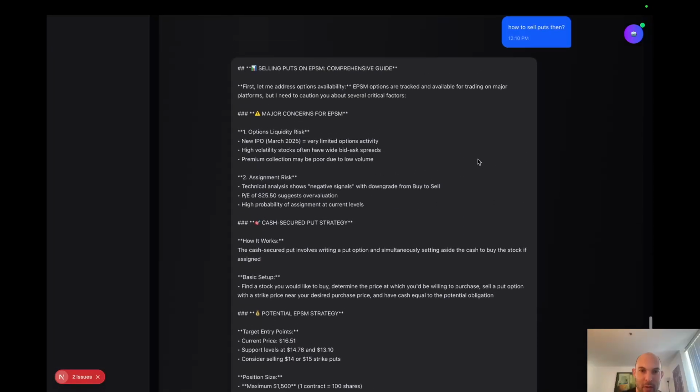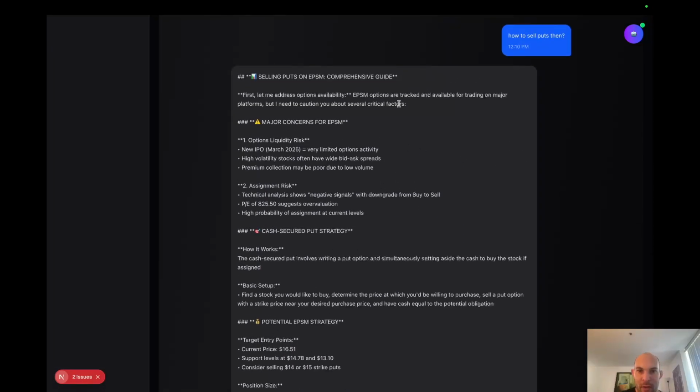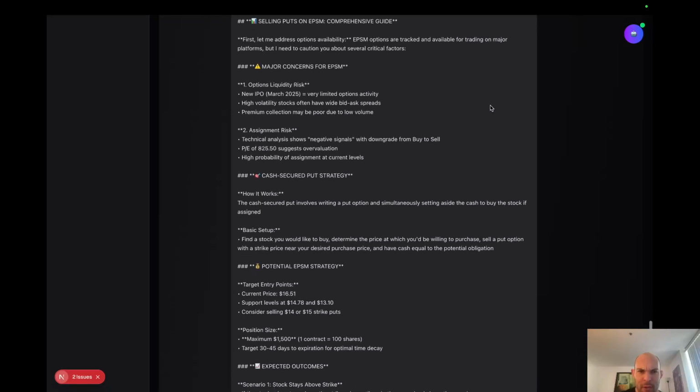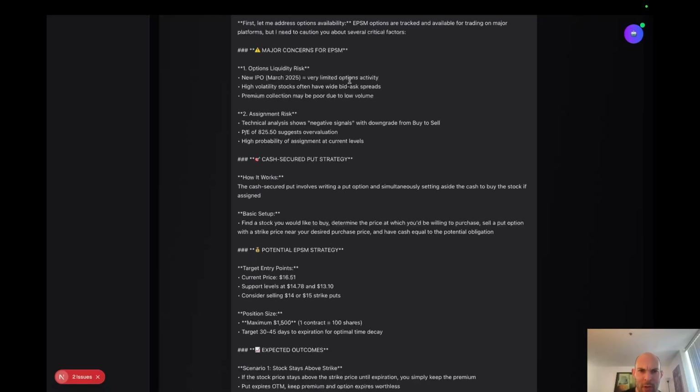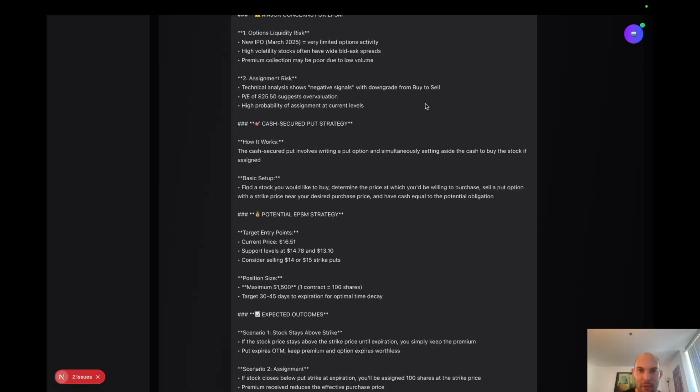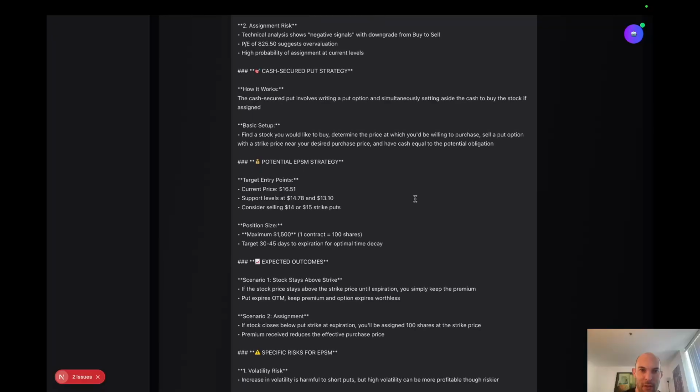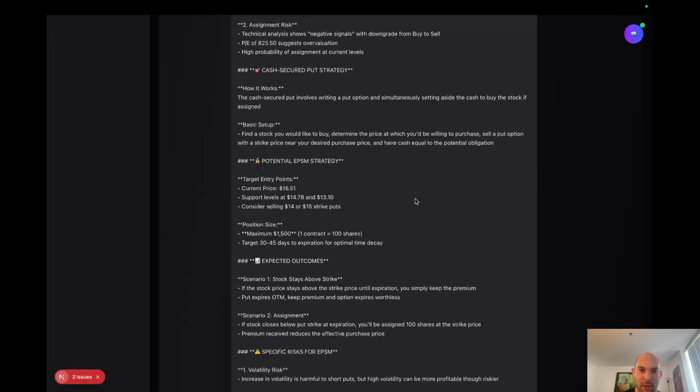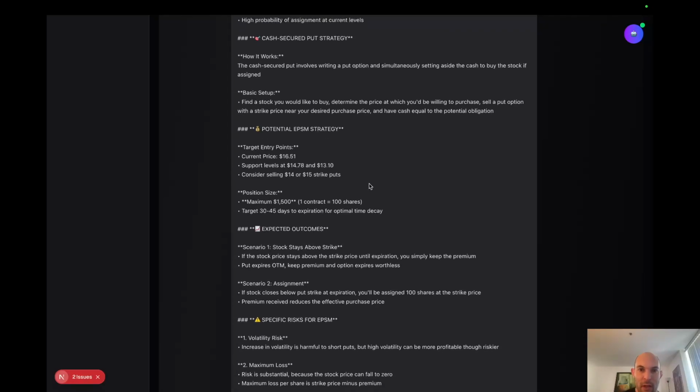So options, liquidity risk, new IPO, very limited options activity, assignment risk, the negative signals of downgrade to buy and sell. Okay, so cash secured put strategy involves writing a put option and simultaneously setting aside the cash to buy the stock which is assigned. Okay, and then